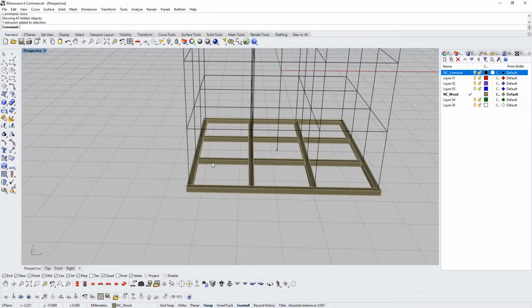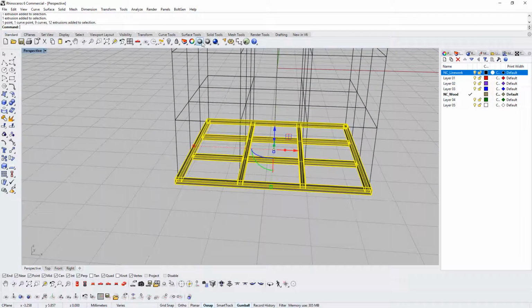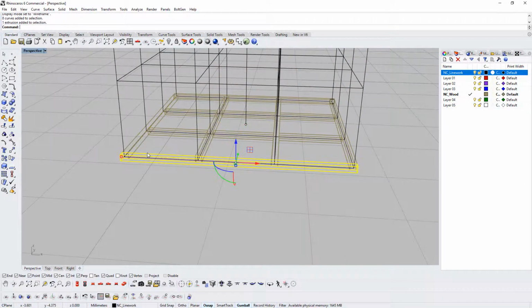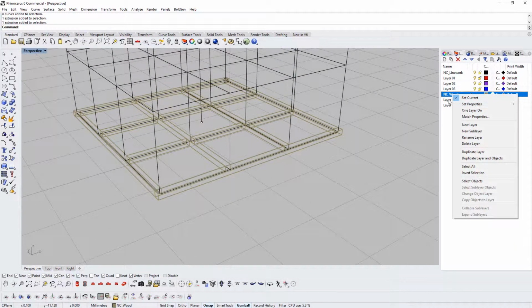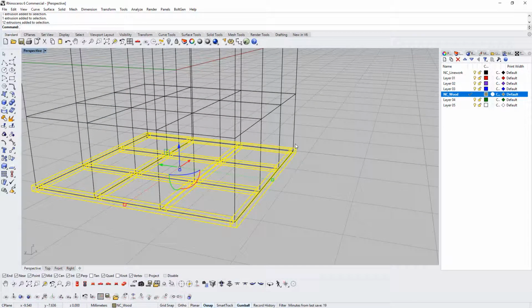And there's lines underneath there. So if I just go like this, see, I get that line structure underneath. I don't want that line structure underneath. I just want those wood pieces. So I'm going to right click on the layer, select objects, and see, it gave me that thing. I'm going to go ahead and group that, Control G,